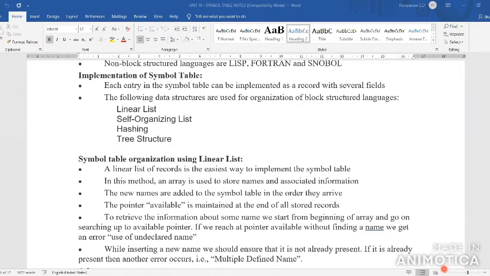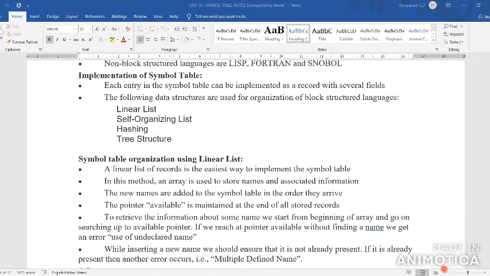You got to reach. If it is not for the reaching of the variable, you are not reaching, that is, you are not finding the name for the given identifier. If it is reached, okay, no issue. If the pointer is not reached for the given identifier and data type, it will indicate an error: use of undeclared name. I didn't declare the given name. You got to specify that.